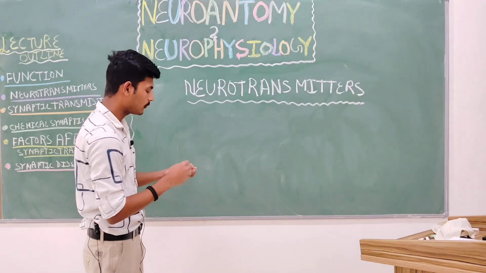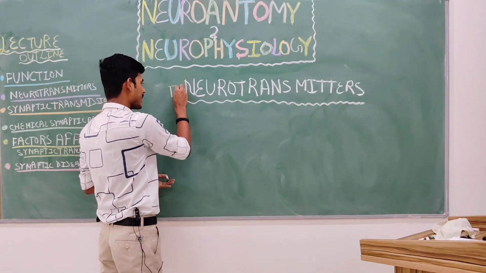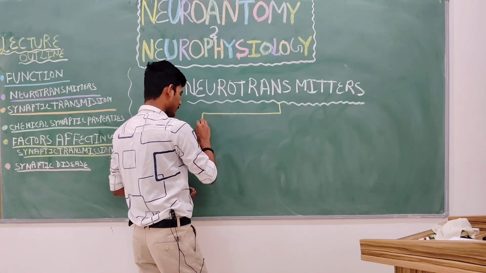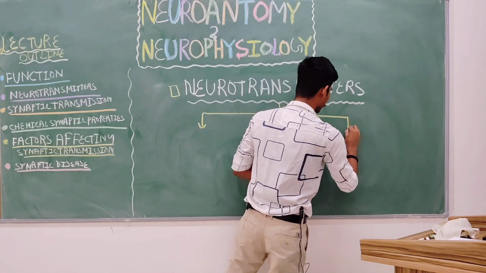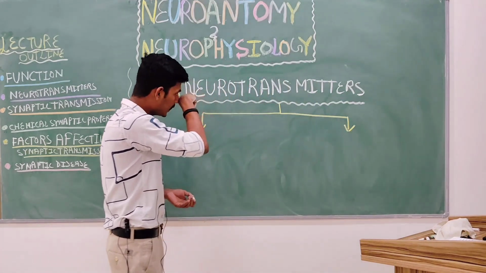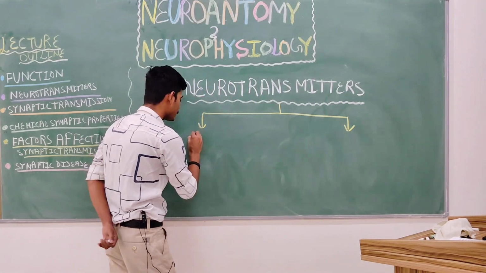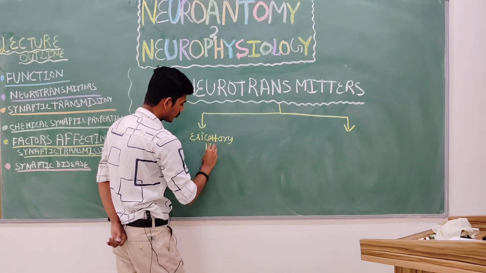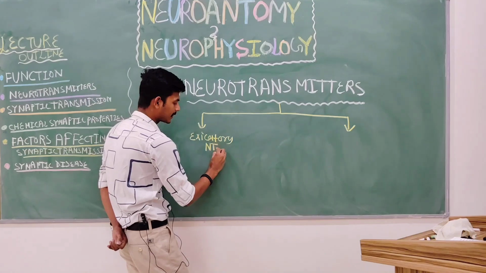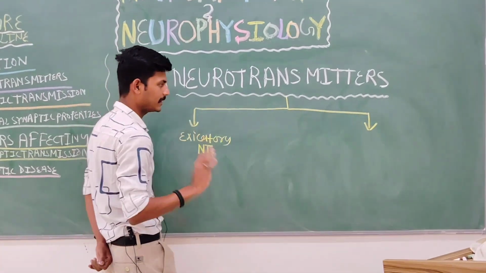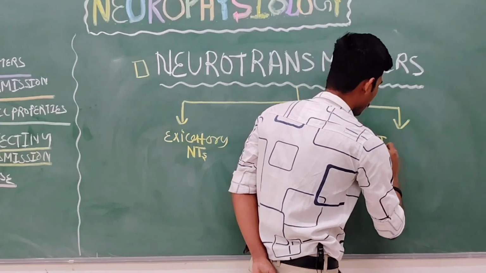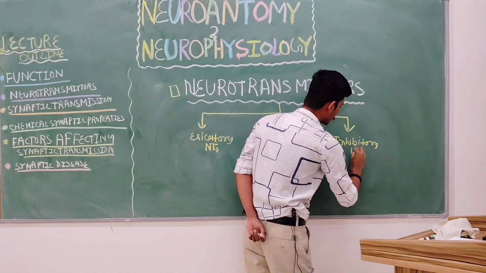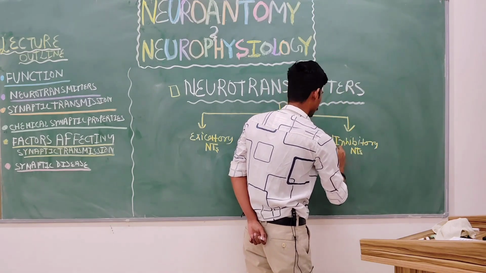So on this basis we are classifying the neurotransmitters into two categories. The first is the excitatory neurotransmitter, NTs, short form for neurotransmitters. Fine. Now inhibitory neurotransmitters. Okay,